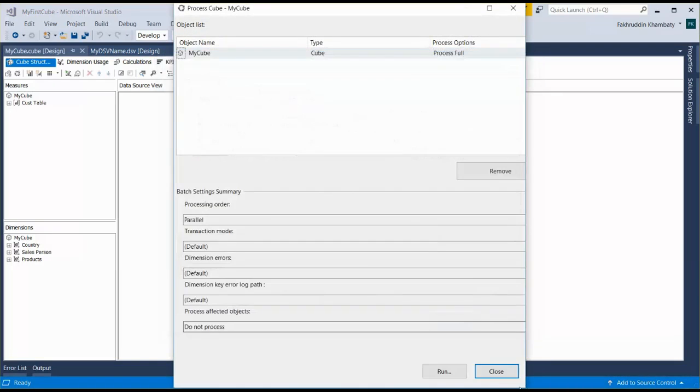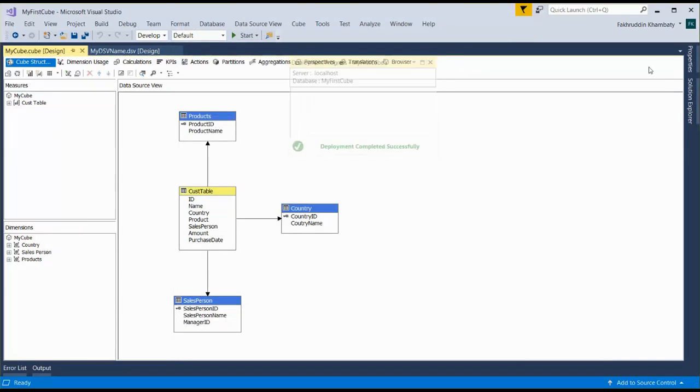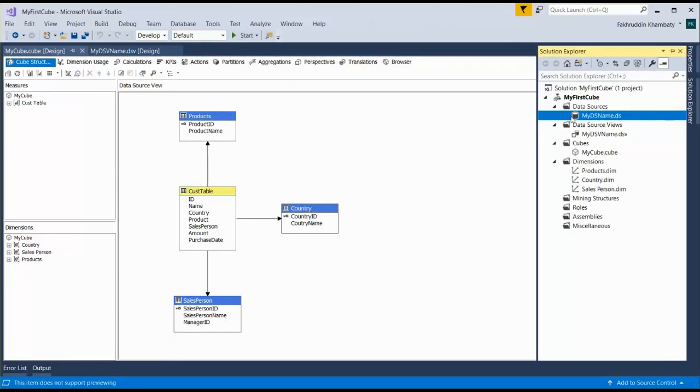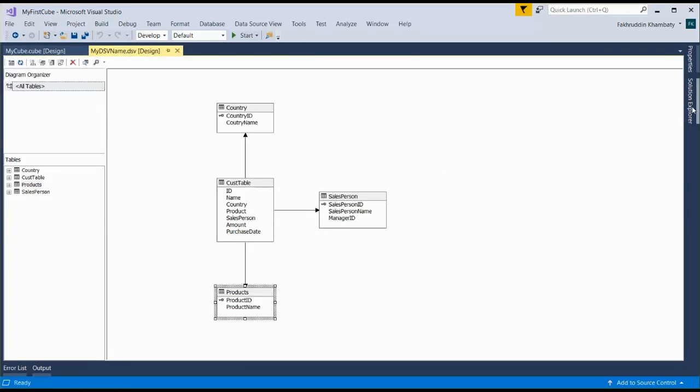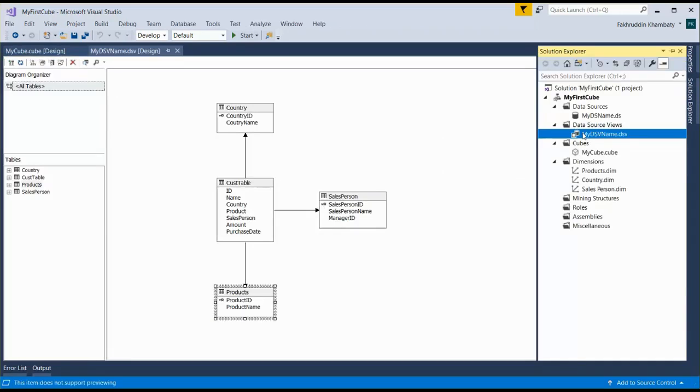It had failed again. I'll close it. It may need my credentials this time. It may not require this credential every single time when you are processing the cube, but if it's asking, then you have to provide it. So I'm going over here.